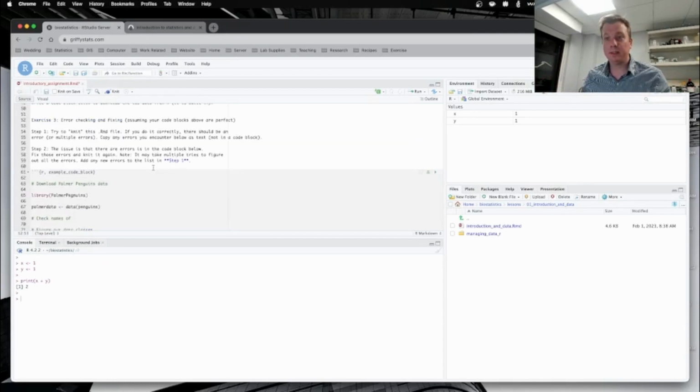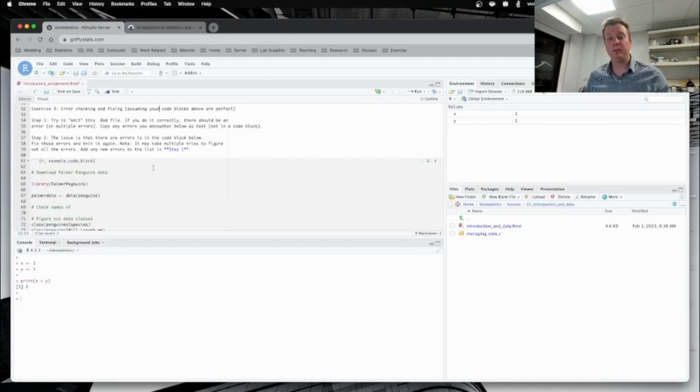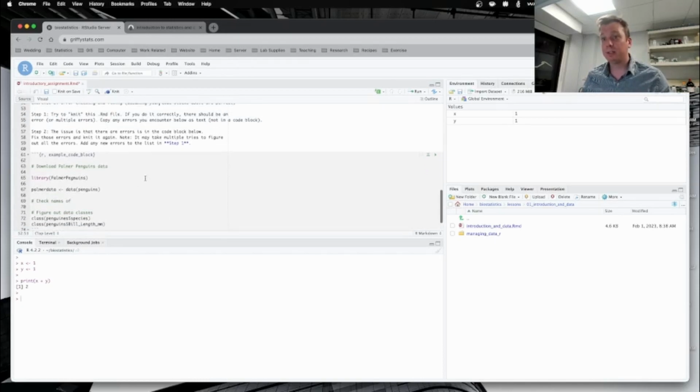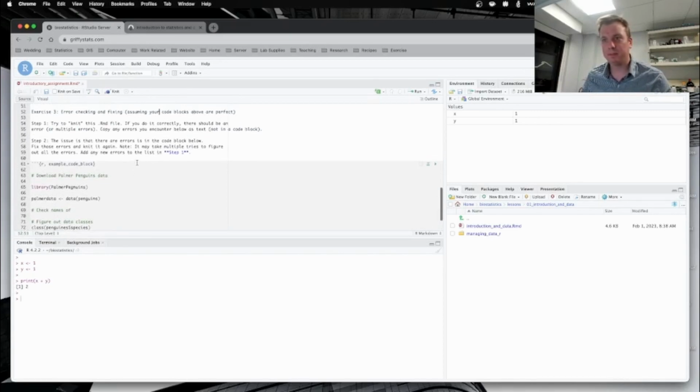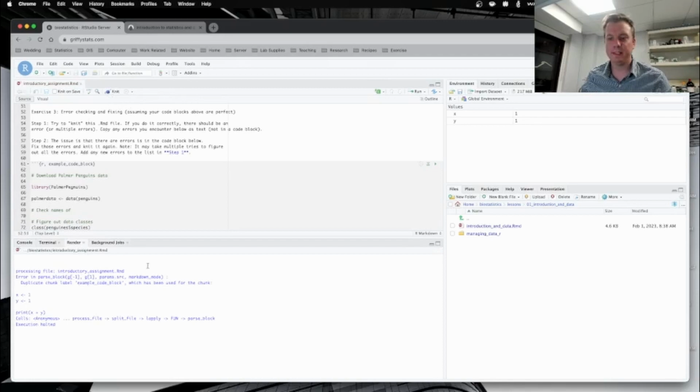The third assignment is for you to attempt to output, or to attempt to export this .rmd file. And how we export it is really simple. We go and press this button here that's named knit, and it actually has a little icon of a knitting needle and a ball of string. We click on that, and it goes to try to knit,